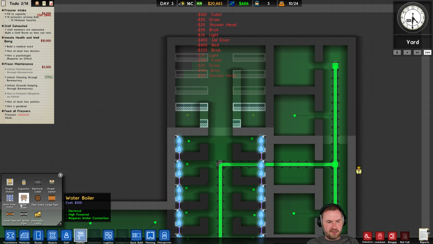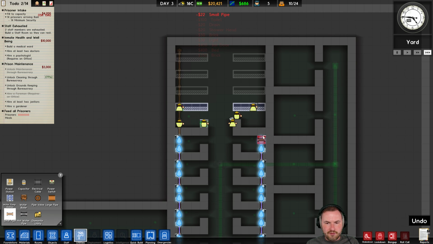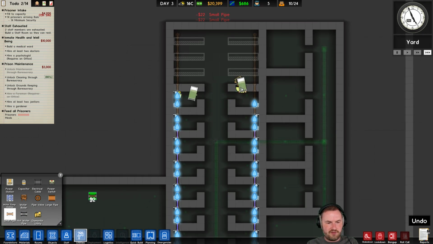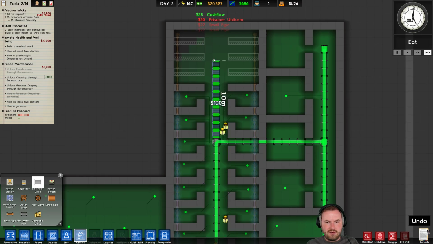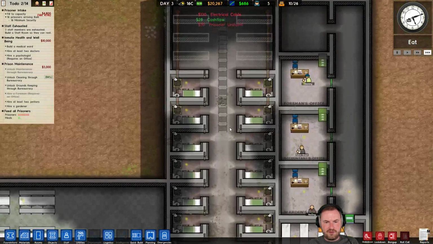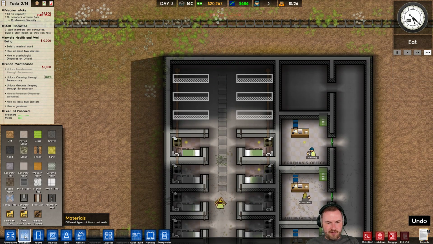Make sure that the utilities are all stretching up here too. To here. We might need to bring the big pipe in here. I don't know if it'd probably stretch up there, right? Probably be fine. And then the electrics will have to go up to there too. So we'll put all that in. So those are more cells. And then we want...